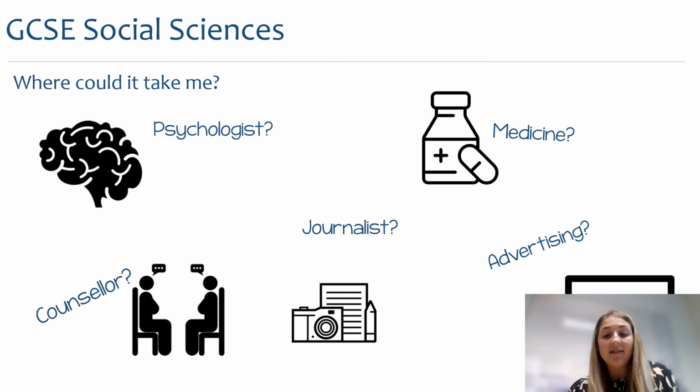You've also got journalism. There have been a lot of psychology graduates that have come from this school that have gone into journalism and looking at the psychology behind reading articles and what makes people attracted to reading certain news articles and things like that. It's very interesting. Another one as well that's quite a popular choice for graduates is advertising, and actually being the brains behind the adverts that are being created for big companies like Tesco and Asda and places like that. And they will advise what the advert should be designed as in order to attract the most amount of customers based on psychology. It's all very interesting.